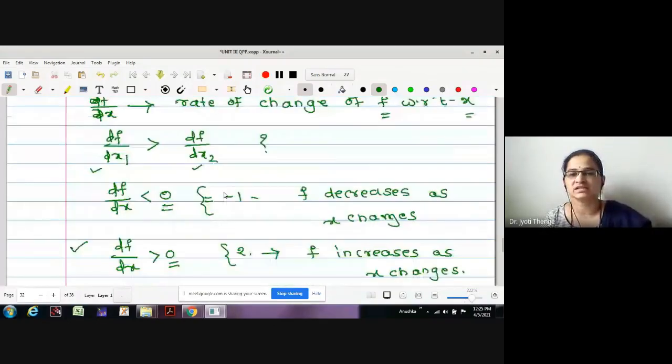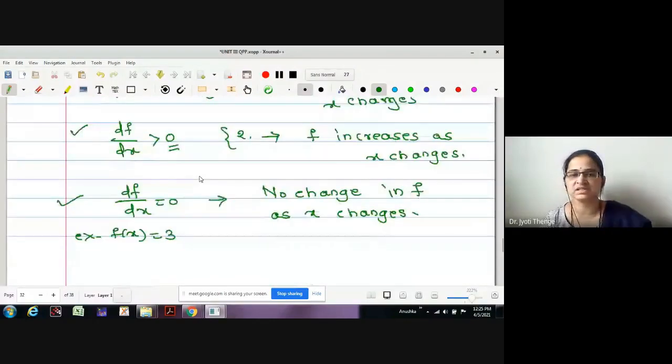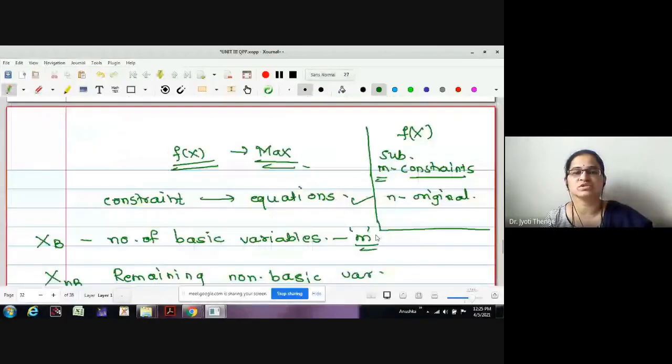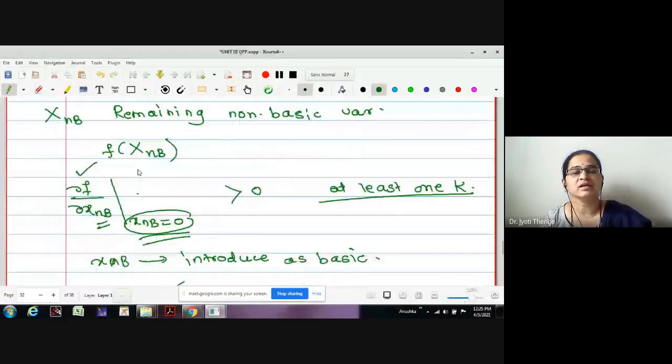df by dx less than 0, f decreases. df by dx greater than 0, f increases. Equal to 0, no change. Beale has used this aspect. First he has converted the given function into all non-basic variables, then differentiated partially, because we have more than one variable. We differentiate the function partially with respect to the non-basic variables, and calculate